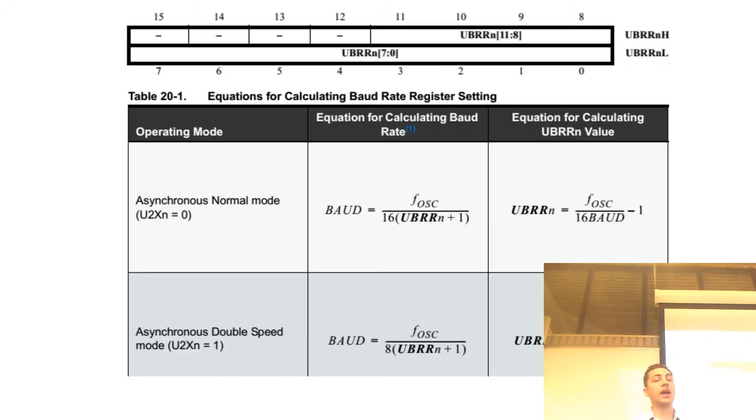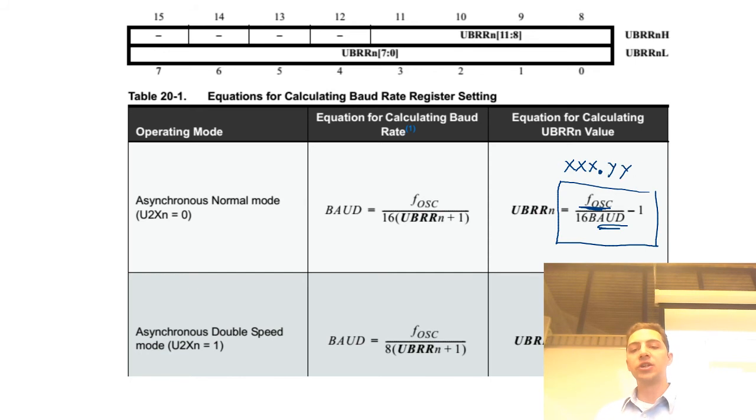There is going to be a certain amount of error in this. So one of the things I may ask you to do is calculate percentage error. Calculating percentage error is just like calculating percentage error for any other discipline. In the data sheet, it does show you how you calculate percentage error. It has something to do with desired baud rate and actual baud rate. Because when you run this through for a particular system clock frequency and a desired baud rate, you might get something